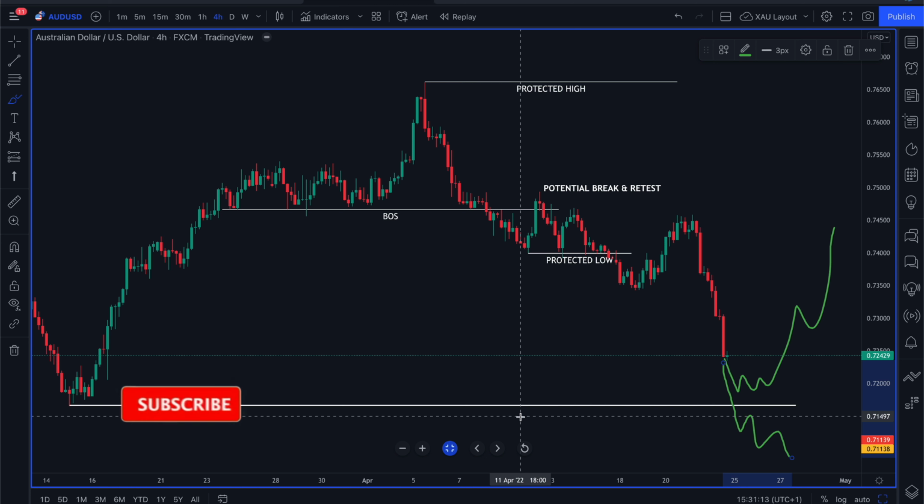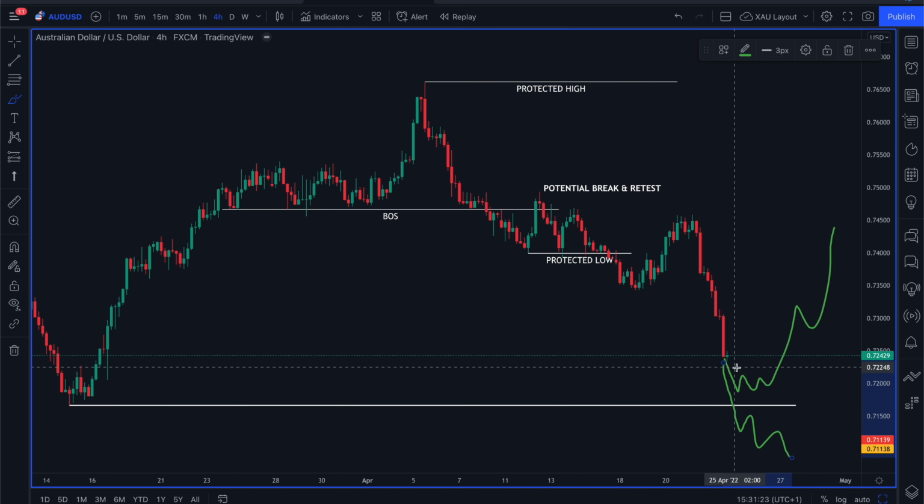The overall structure of the AUD USD market is bullish. It's creating higher highs and higher lows. So realistically, we do want to be buyers in the market. So my prediction is that we will see rejection from this point and a continuation in bullishness, in which case we will be looking for those buy positions as soon as we have confirmation that the bullish impulse is underway, and I'll be holding those throughout,